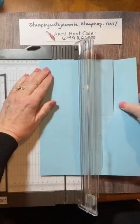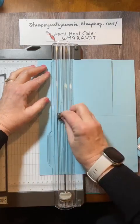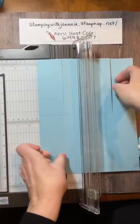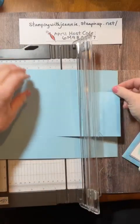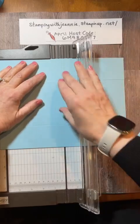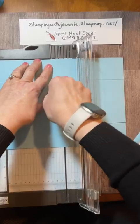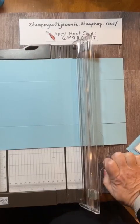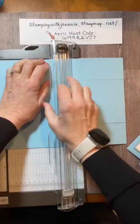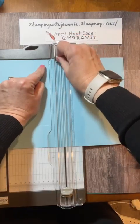I'm going to do that on this side as well. You're only going to do this on one side. So I'm going to move it to the score line, cut up, and then what I'm going to do is turn it, and I'm going to cut these tabs off. So, and you know what I'm going to do? I'm going to do a tiny bit, and I'll tell you why. I'm going to do just a smidge, and I mean a smidge, not even a 1/16 of an inch. I'm talking a smidge to the right of that groove. I'm going to cut. And the reason for that is because,